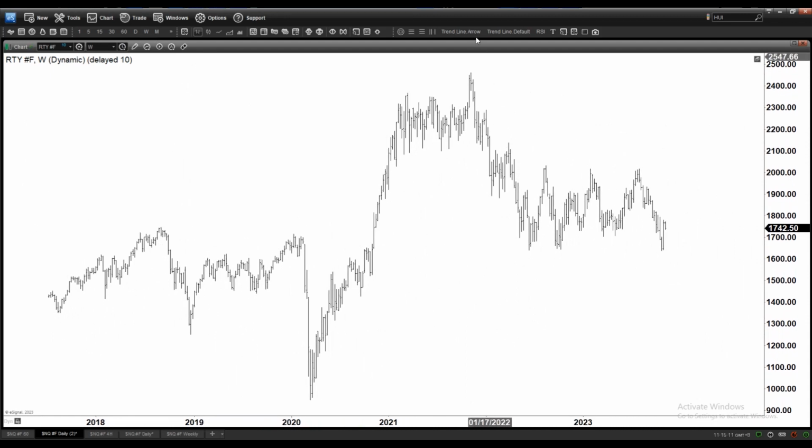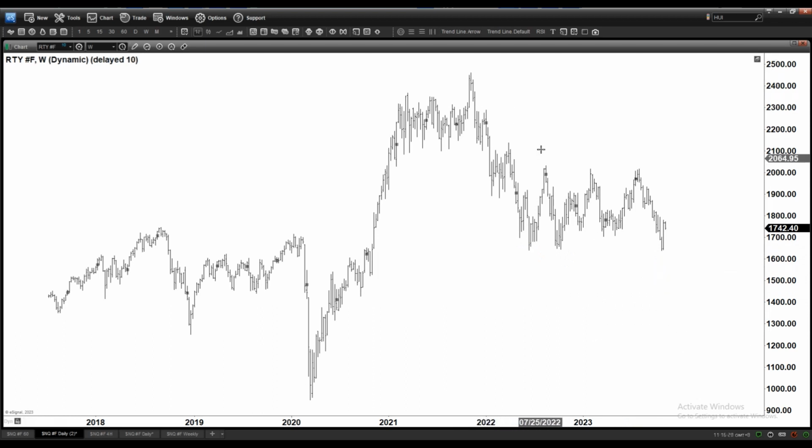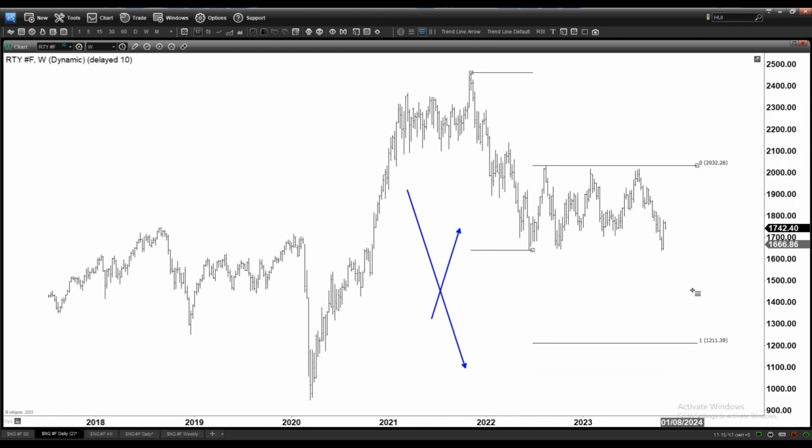Now you can see in the Russell, I look at the weekly time frame, this last low in the Russell broke all the previous lows. So what this is telling us is that the Russell is creating a lower low sequence, right? Let's say this is your first swing, this is your second swing here, then you have a new low here. And so technically, when you have a lower low sequence like this, the implication is that most likely, not always, but most likely it's going to extend to at least 100%, which is a long way to go. So that means the Russell,